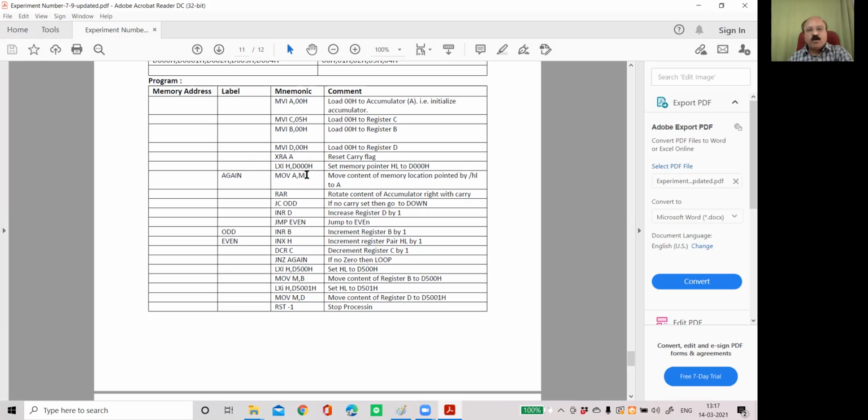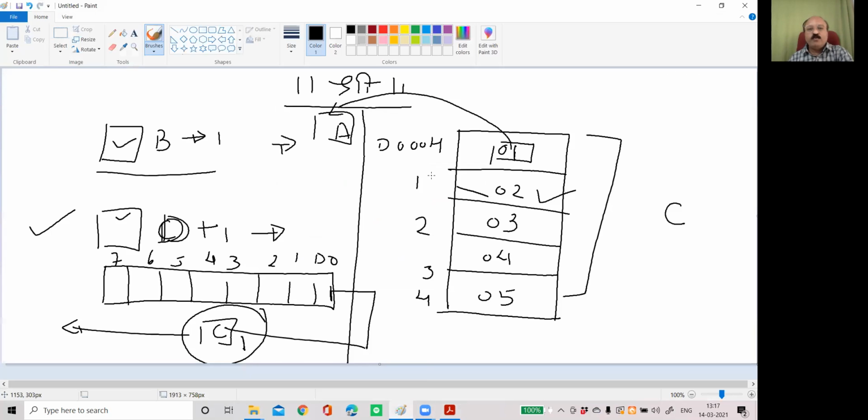No. Go to AGAIN. Again, M will be moved to A. Now what will be moved to A? 02 will be moved to A. Again, 02 will rotate. So what will be 02? Here it will be 1, that is 2 raised to 1, and this will be 0. So this 0 will come to carry, so carry flag will be 0.